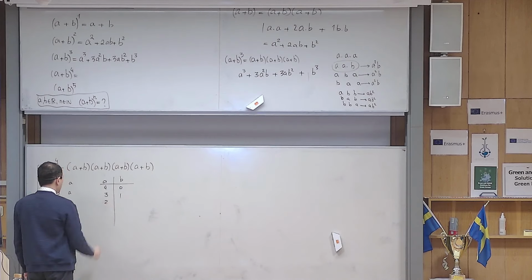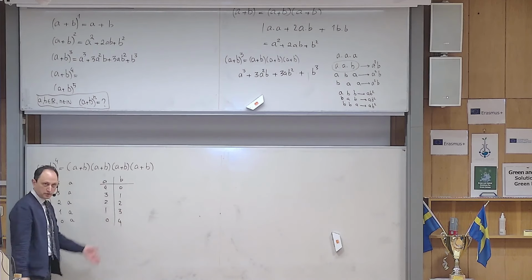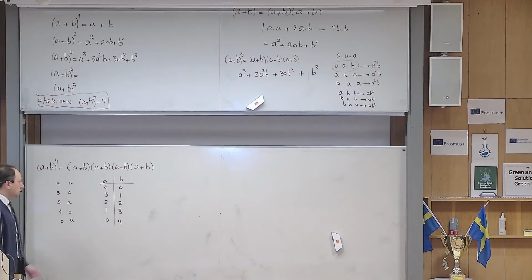Or I choose 2 A's, 2 B's. I choose 1 A, 3 B's. I choose no A's and 4 B's. These are all possible options. Yes? So this one